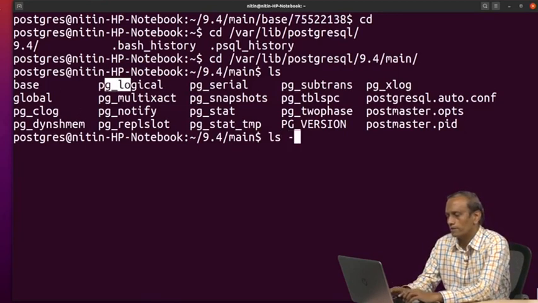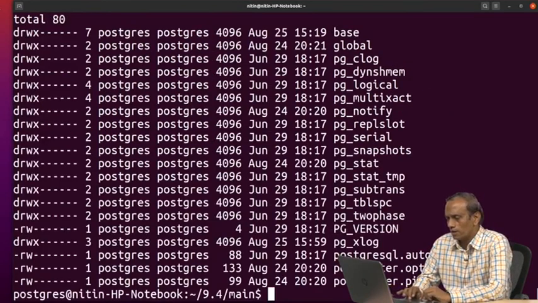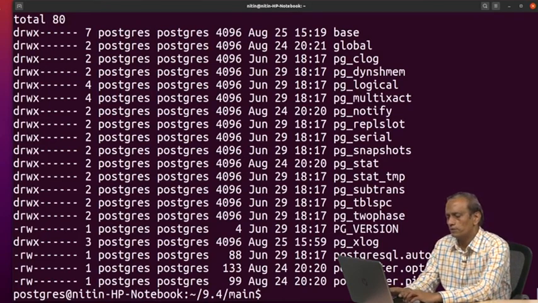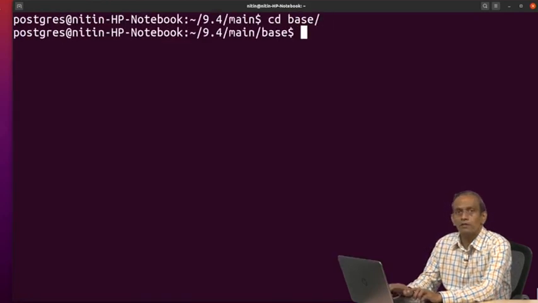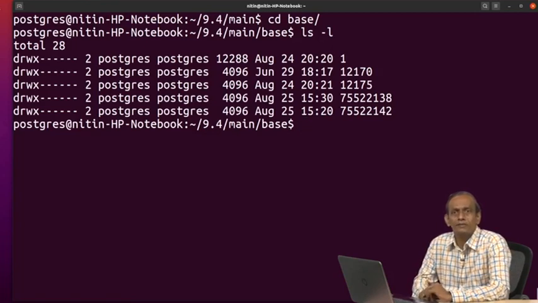Okay. So, if I write ls -l, most of these are directories and files. They are going to contain some amount of data which would be useful for server execution, fine. So, when we go to base, cd base, this is where all our databases are stored. So, if I write ls -l, then you will see all databases.